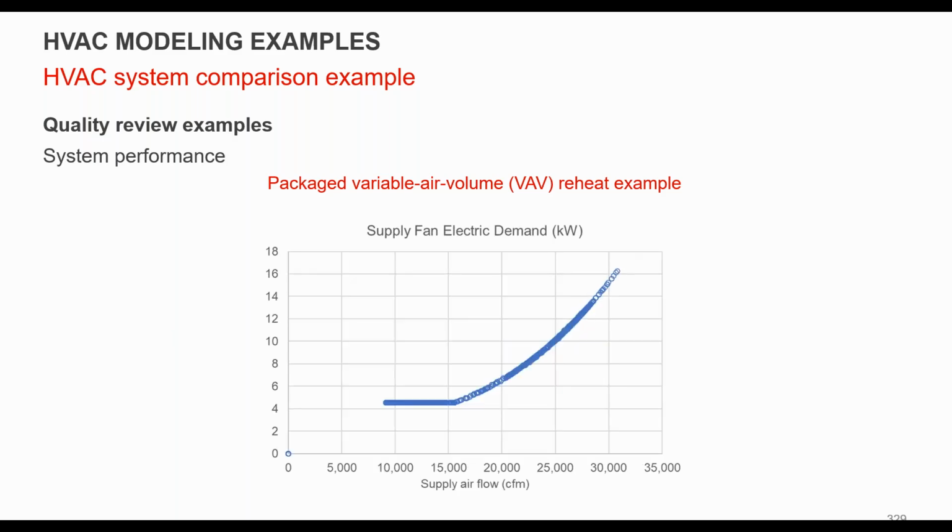You can also look at fan demand. Again, you're seeing that fan curve that we modeled follows it exactly. This is just a mathematical curve that we're including for the fan as it unloads based on supply airflow. There's a minimum threshold that the fan has been modeled below 15,000 CFM, so it's constant once you get there.